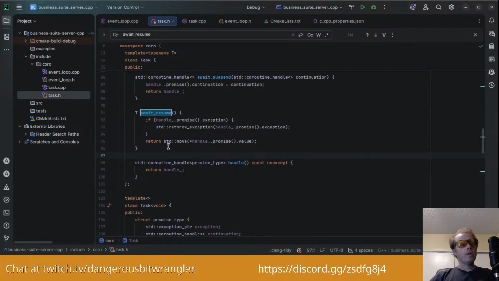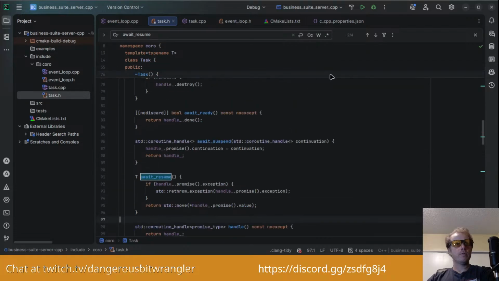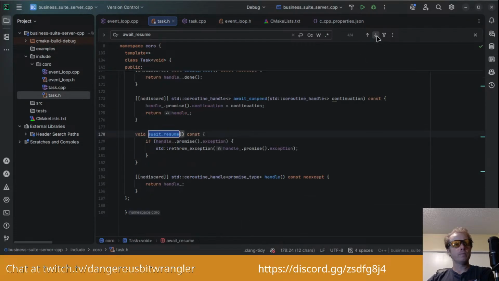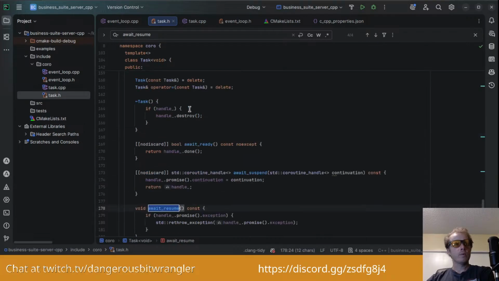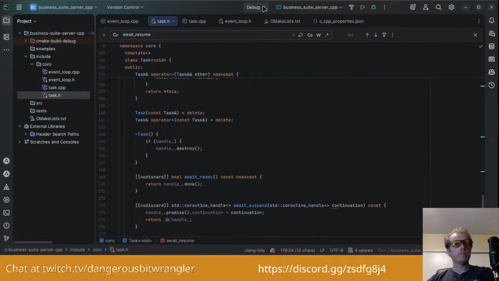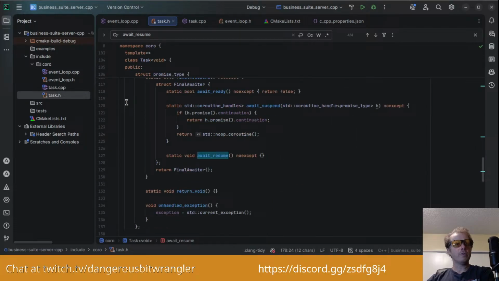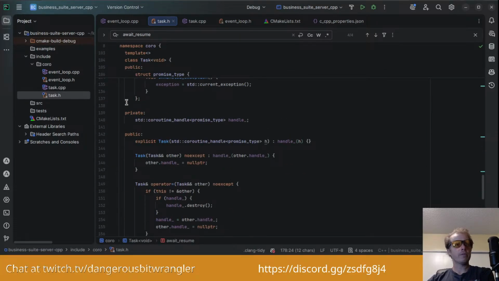Okay. So there's one definition of await resume, and then there's another one. Why are there two public sections on the same class?